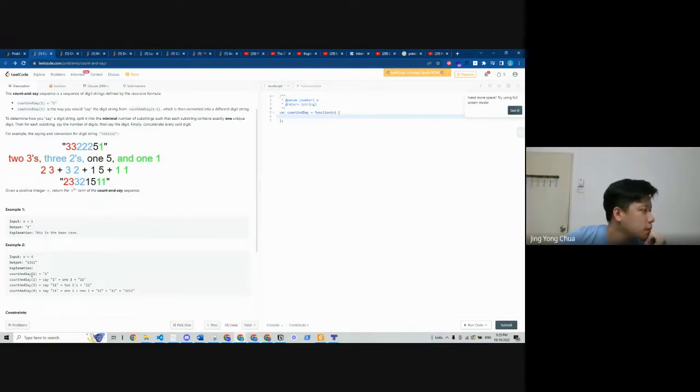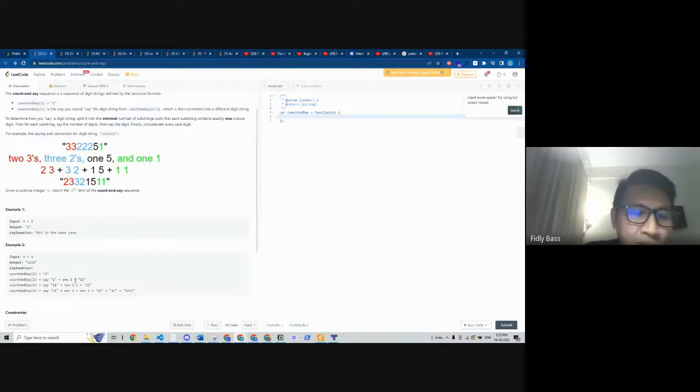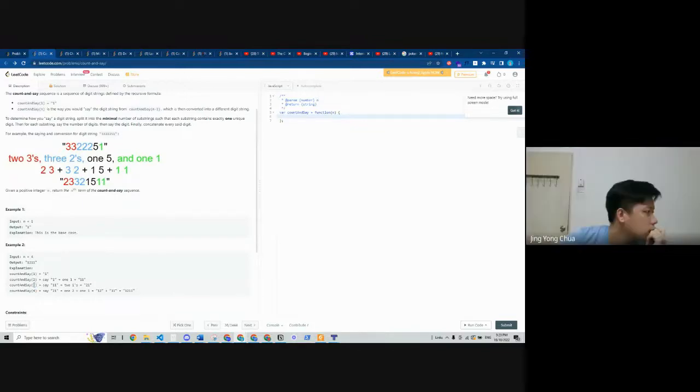But look at the example here. Why do they do it this way? Count and say 1 equals 1. Count and say 2 is 1 1. Oh, meaning if the string is only 1, then the output returns 1, no? Because you say here, count and say 3.